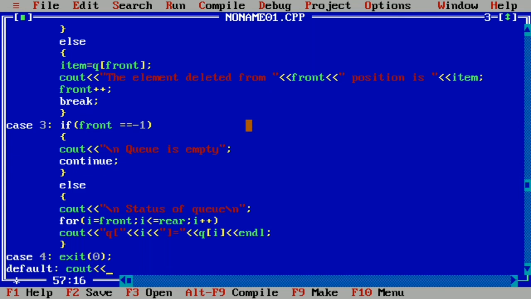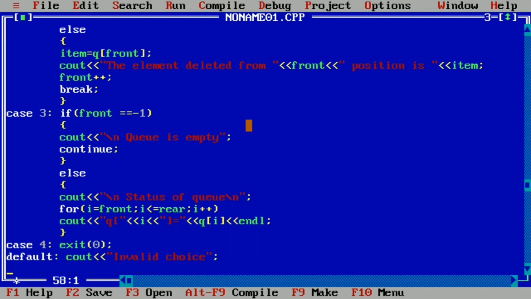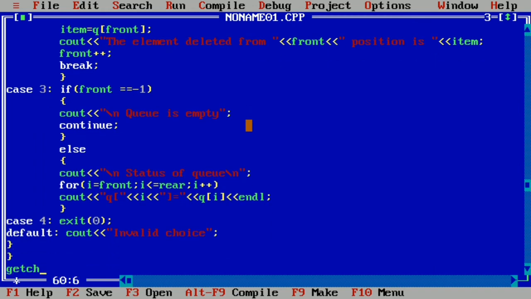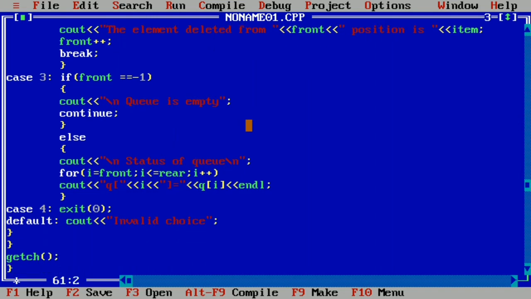We'll write cout, and in double quotation marks we'll write "invalid choice", put a semicolon, then the curly closing brace for this switch statement, the curly closing brace for the while looping structure and getch, and one more curly closing brace for the main function.